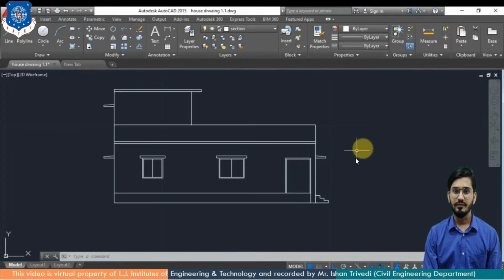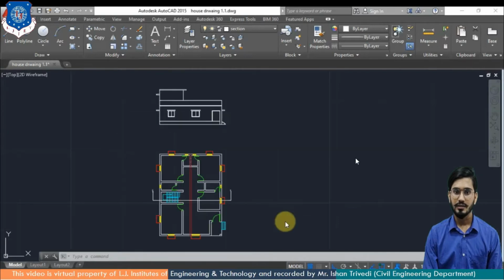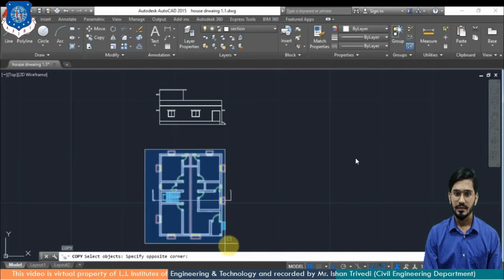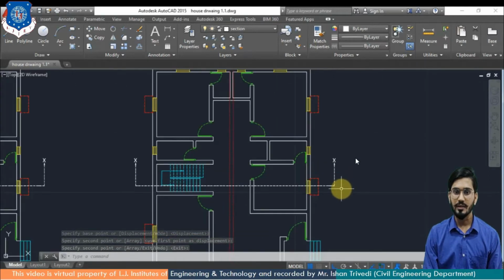Now from the elevation, we are going to plot a sectional elevation. For that, I have given you the XX line reference. So let us understand the XX elevation and we will draw it in this AutoCAD drawing sheet. First of all, I will make a copy of this plan. So I just type the command in the command bar, copy, select the plan, put a point, and place it next to the bar. So this is how you can plot this.